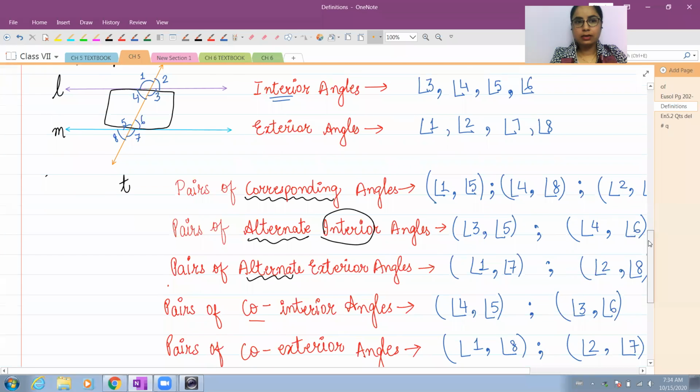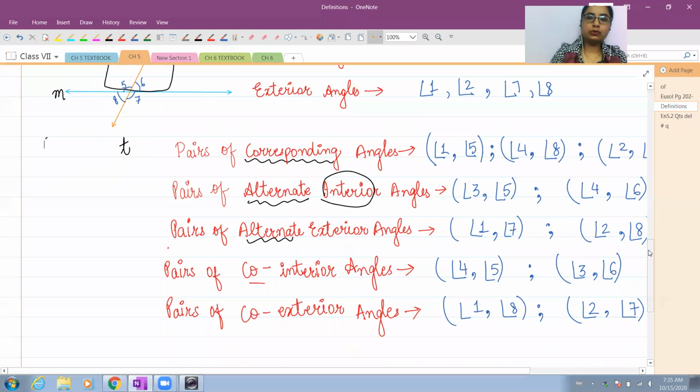This is where we left off yesterday. We were discussing co-interior and co-exterior angles. I would like you to write down one more thing along with this: that the co-interior angles and co-exterior angles are also called angles on the same side, that is, on the same side of the transversal. So when we say co-interior angles, this would mean